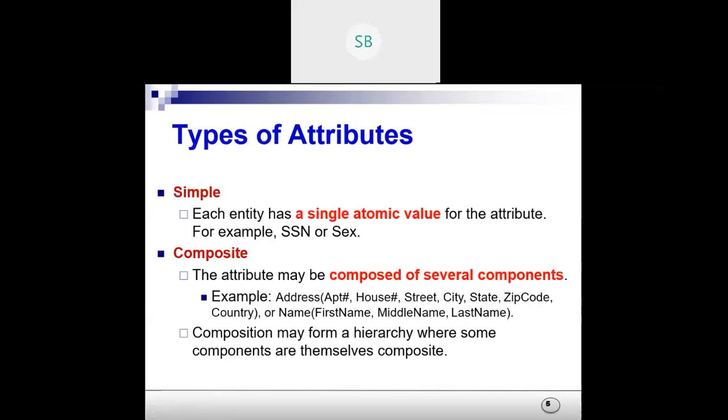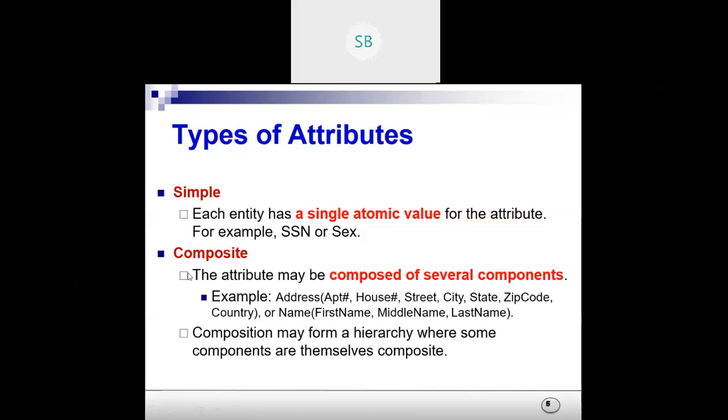The very first is simple versus composite attribute. A simple attribute will be something which will have single values. For example, employee ID will be single, your roll number. Even the sex, that is the gender, will be single-valued only; either it will be male or female. Again, we have composite.